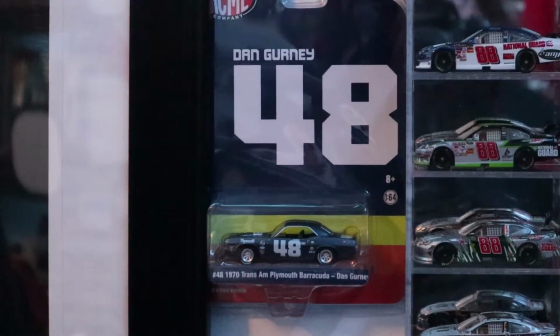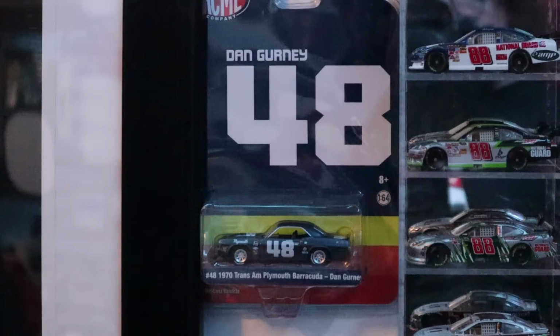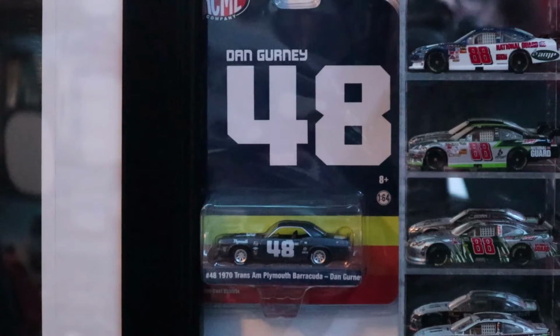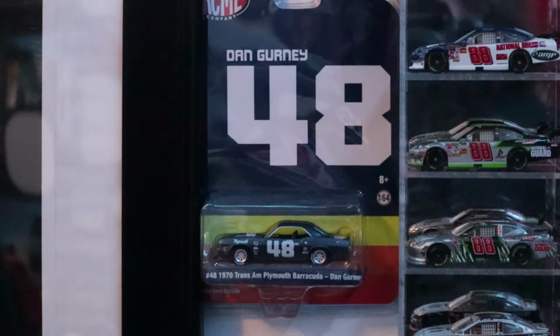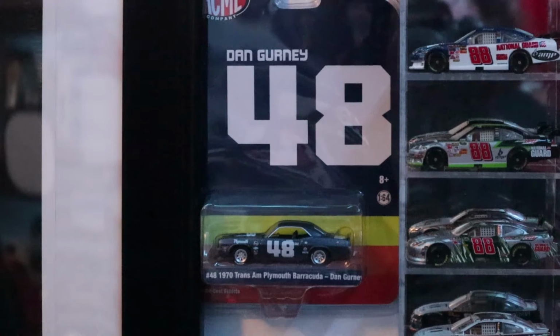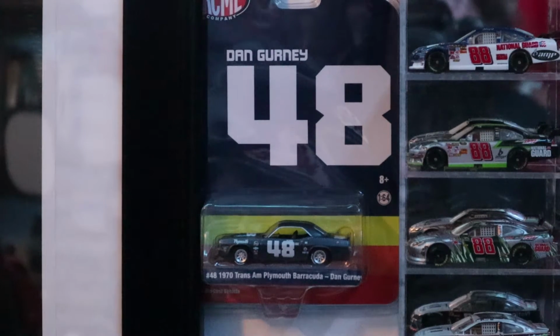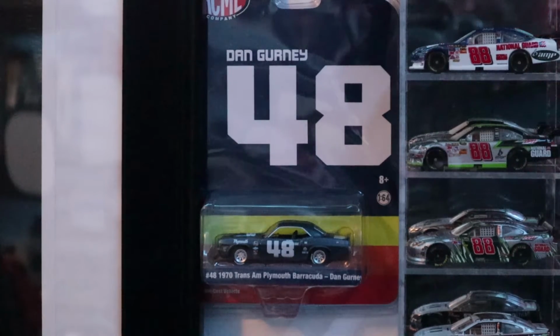And that is this. So this is Dan Gurney's 1970 Trans Am Plymouth Barracuda. Dan Gurney is by far one of my favorite drivers in historic racing. I think the talent that he possessed was bar none. I wish the man would sometimes get more credit than what the racing world, or at least the general public, gives him. I know that Dan was very much beloved by the racing community, and his passing back in 2018 was a real heartbreaker, especially for me,